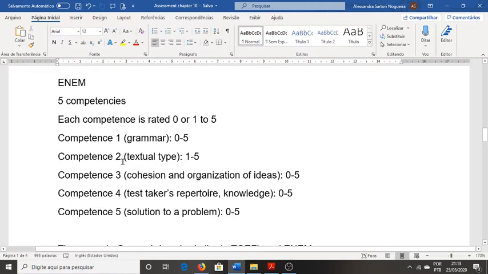Competence number 2 is textual type. The evaluation is from 1 to 5, grades 1 to 5. Zero is not possible, because if it's zero, then the writing is, how to say it, the grade is zero, é zero por